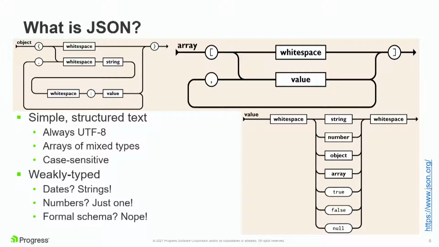Dates in particular are strings. So how do you know it's a date? Oh, it begins with 2021, dash, and so on. Okay, well, that could be your order number, right? It could be anything. So converting dates in particular, into or from strings, is a pain. At least they are spec'd as being ISO 8601, which is a good format, but you still have to convert them. Numbers, there's just one number type. Decimals, integers, whatever. There are exponential types as well in JSON, which we don't support in ABL. We'll get to that in a sec.